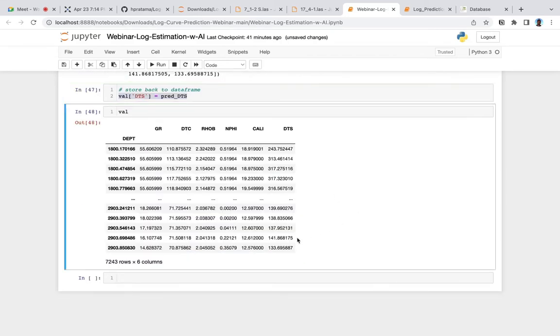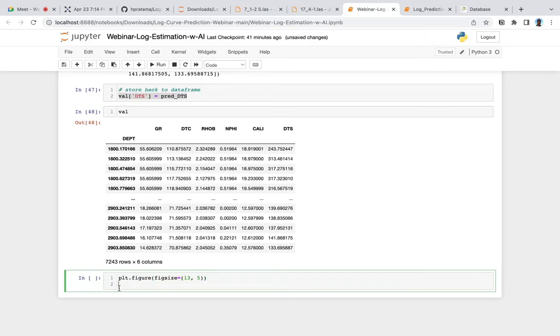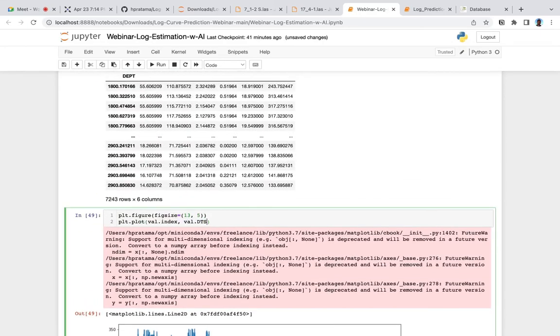So we want to visualize the predicted value. You can easily type plt.figure to give the size of our figure, which is 13 on the x-axis and 5 on the y-axis, and then plt.plot. We want to plot the index, which is the depth, and the DTS, colored red.